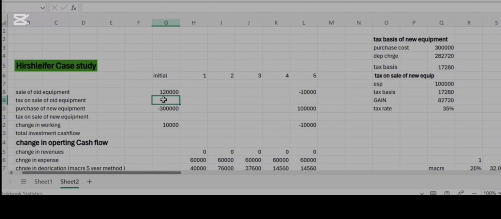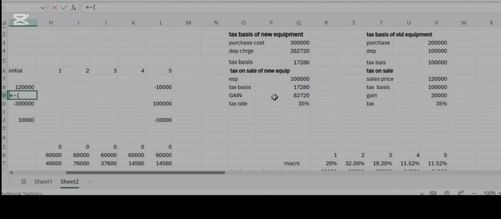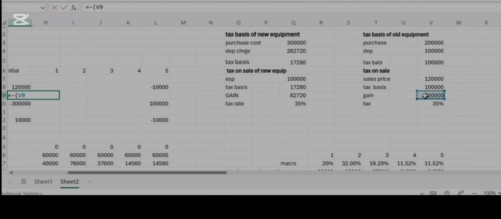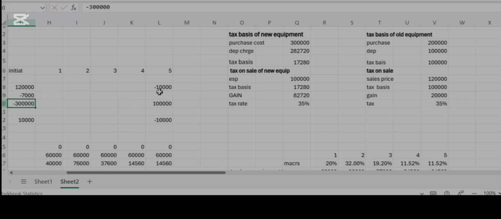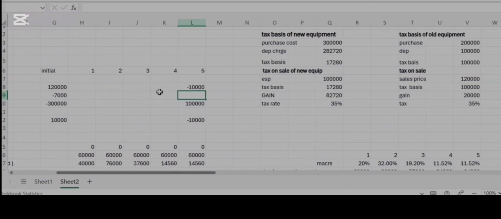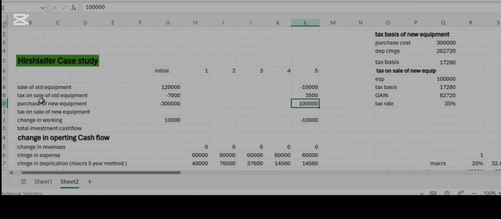The tax calculation formula uses the tax rate. We multiply 20,000, our gain, with the tax rate. So that is the cash outflow. We multiply with 35%, and 70,000 is the cash outflow. If we sell this equipment after 5 years, we can receive 10,000, but we lost this opportunity because we sell it initially. If we sell after 5 years, we can pay 35% taxes, so we can